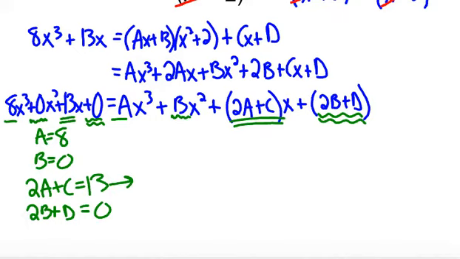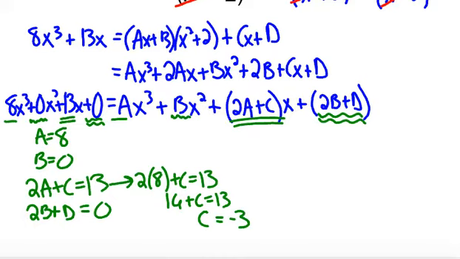Okay, so we know that a is 8, we know that b is 0, so we can take this equation and plug in a. So we have 2 times 8 plus c equals 13. So 16 plus c equals 13. So c is going to be -3. And then we can also plug into this one. We already know that b is 0, so 2 times 0 plus d equals 0, which means that d will